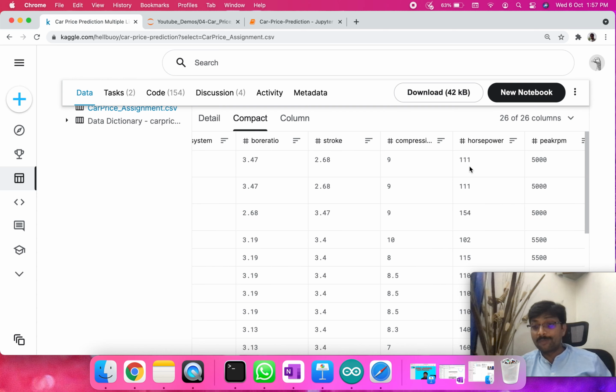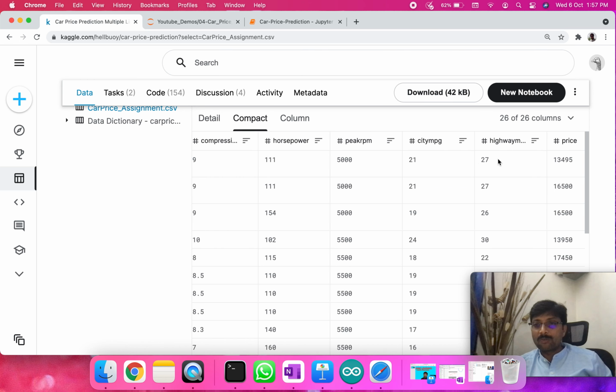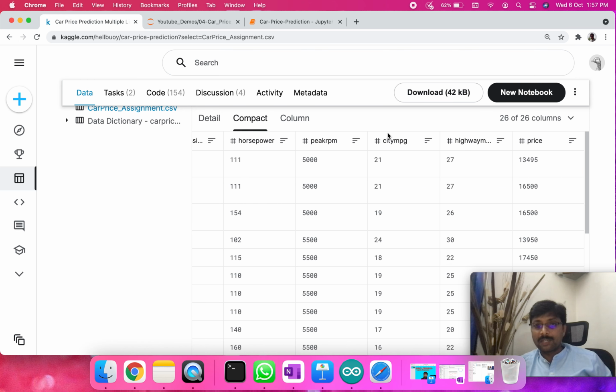We will see how influential they are, and whether they are actually important or unimportant. While we are solving the problem, we look at each and every field, and so on. There is RPM, city mileage per gallon, highway mileage, and last but not the least,